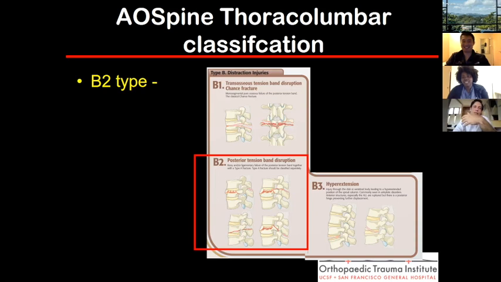But once we get the MRI, the ORs are actually pretty good about getting us in pretty early. So in terms of the data, if there's cord compression for spinal cord injury, the literature supports doing the decompression within 24 hours. More recent studies are showing that earlier is even better. But that's also subject to some